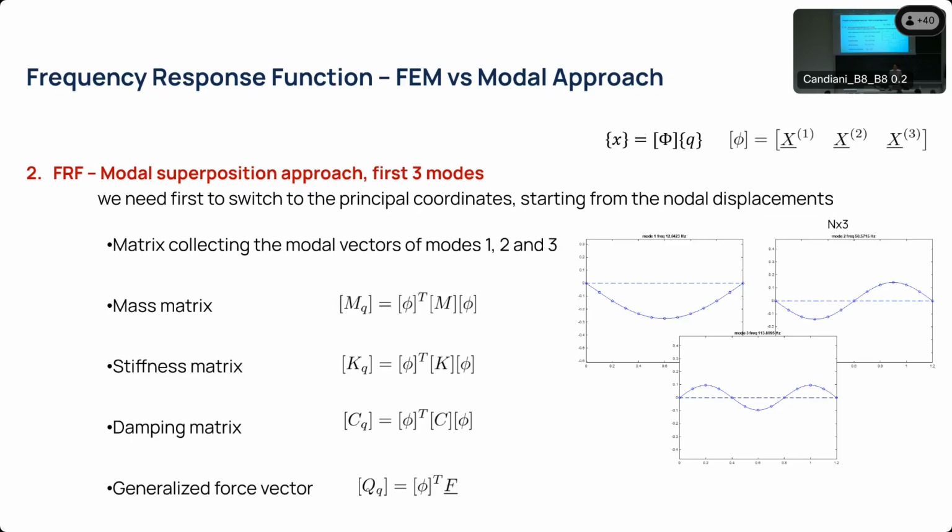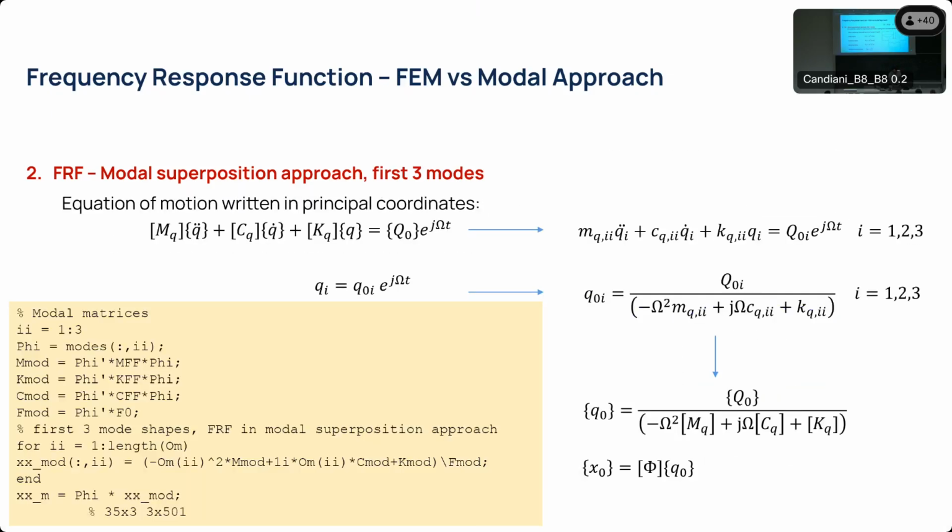And of course, we can also pass from the external force vector to the generalized force vector in modal coordinates. But the nice thing about this is that we don't need to use all the mode shapes to describe the structure, because usually the matrix phi, the passage matrix between the physical coordinates and the modal coordinates, is square. But if you want to use only, for example, the first three vibration modes to express the behavior of your structure, you can just use a rectangular matrix which has the first three mode shapes for all the physical